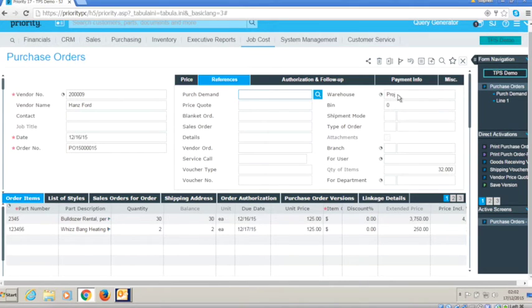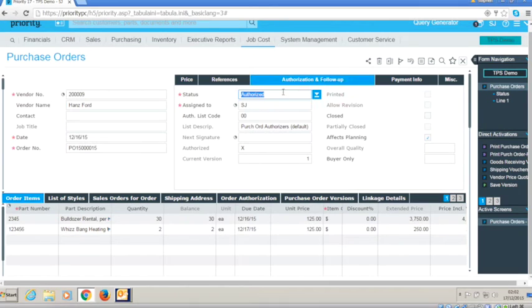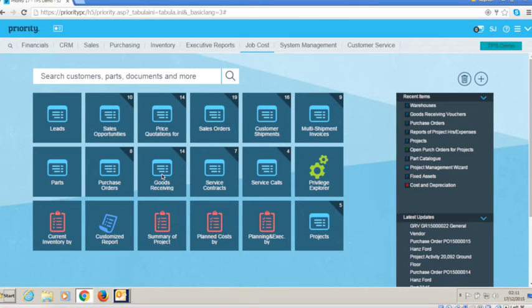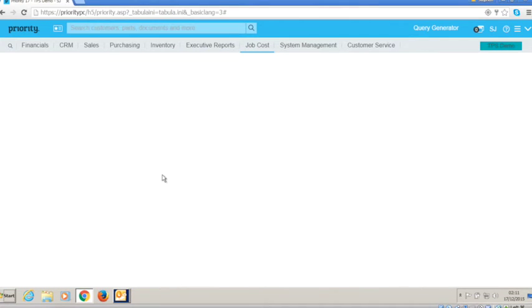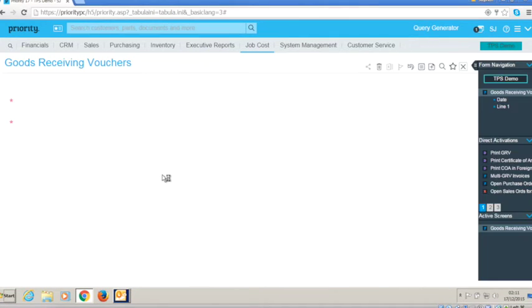It can be part of your main warehouse allocated to the project. The status I've set to authorized so that the BPM will allow us actually to do a goods receipt. So that's the purchase order. If we want to do a receiving step for both the physical items and the rental items that were on